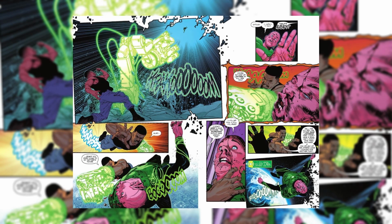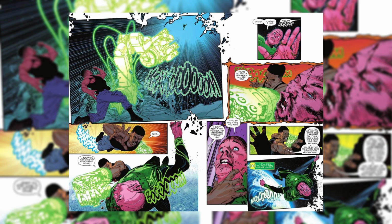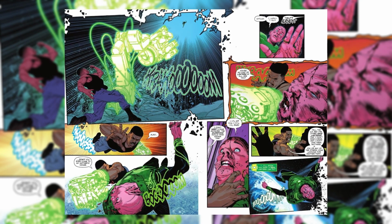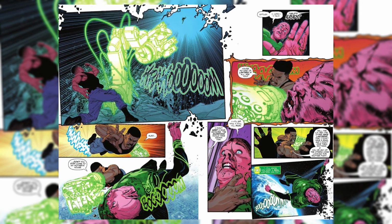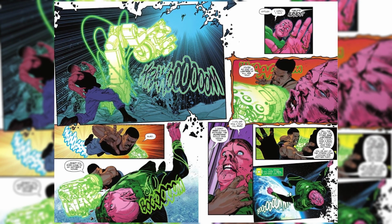John is like that. And then immediately this guy literally says, "Yo, enough, please stop. I give up. I yield." But John continues tooling him, punching him in the face with his constructs. And he does not have a ring on while he's doing this. He's literally tooling this man without a ring. And John pretty much tells him, "Hey, tell your lanterns to leave me alone,"